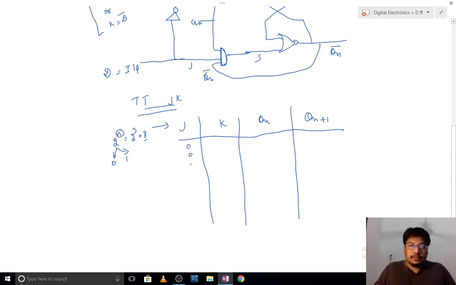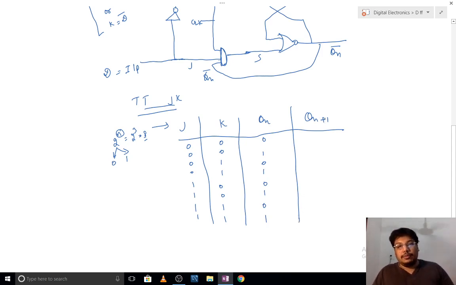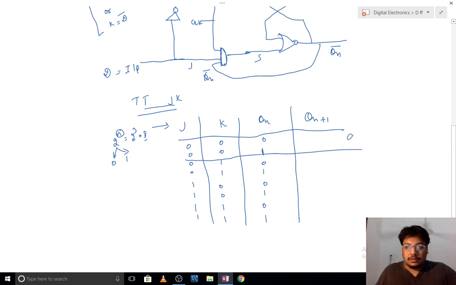So making this truth table, guys, I will post a link in the description of the JK flip-flop truth table so that you can better understand. Okay, we have already discussed. So now this portion will be acting as Qn, which is 0, 1 because it is similar over here.